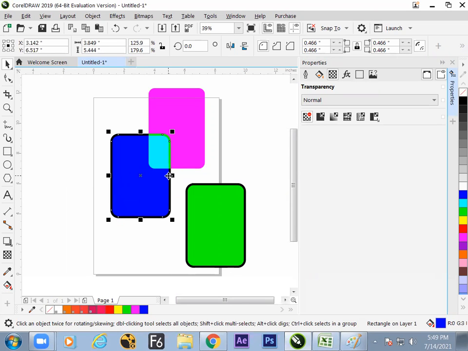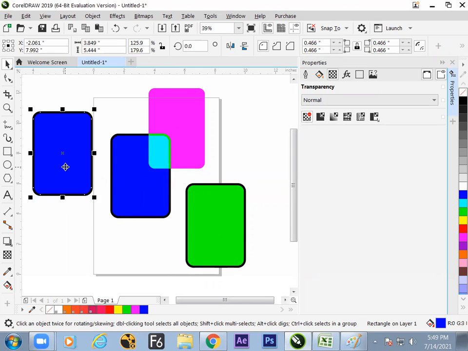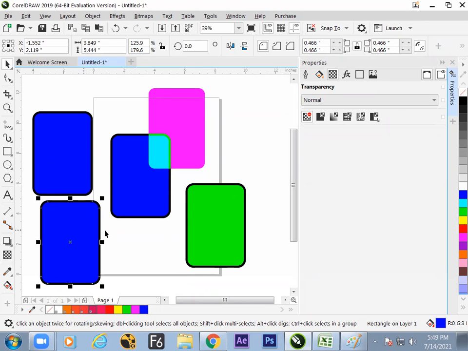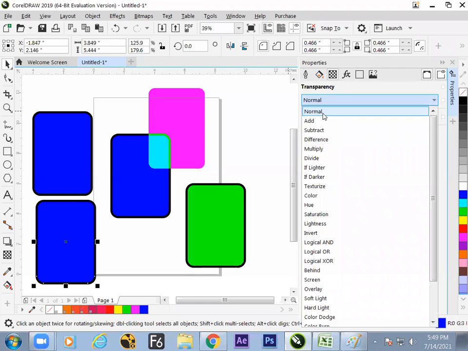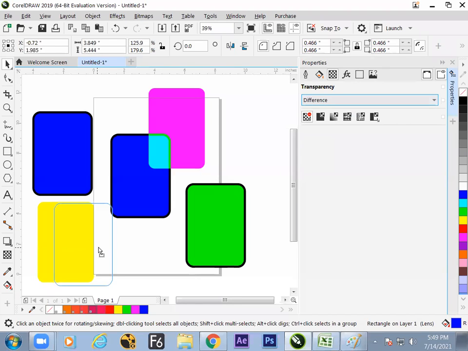Now, let us take an example. The object is blue, and if we are turning the mode into difference, then what color will it come? Does my question clear? Because the screen is white on the back side. If you are turning the blue color's mode to difference, then which color will come? Look to the screen and give me the answer. Yellow. Right. So let us see. Switch to the difference mode. Is it clear? Absolutely.